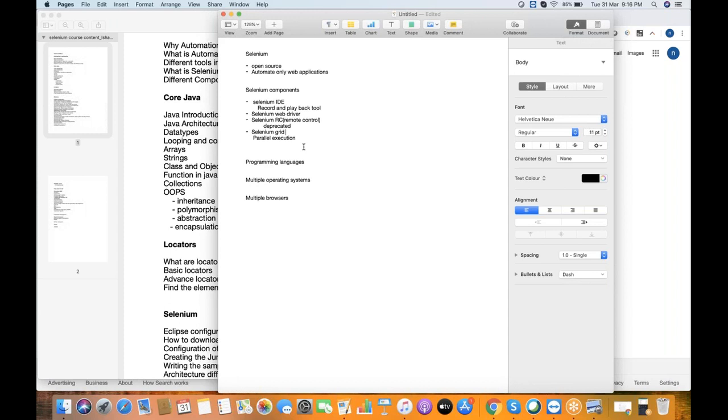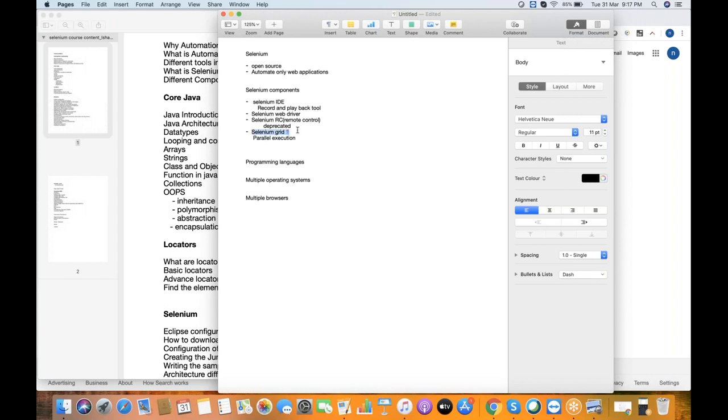If you want to execute all of them together, we need all those systems physically existing. There is something called nodes, so it will consider all of them as different nodes. We have to connect all of them using Selenium Grid and do the parallel execution. We cannot achieve this on our own, but if the company has the infrastructure, then they can. Even nowadays they are buying remote PCs on AWS, so in that case also we can. But practically, when we are learning, we don't have that many combinations, so generally we can ignore this.